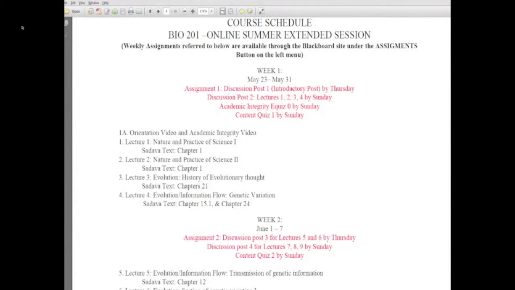I'm not going to go over the entire syllabus, but I will go over the last few pages, which is the course schedule. Because the assignments are released basically on a weekly basis, I wanted you to have the information as to how the entire course will progress throughout the semester if you look at this schedule. That way you know what's due for each week, and you know how to process your time and to make sure your time management is good so that you can get a good grade in the class even though it's only over 7.5 weeks. If you will note, for each week the dates are posted, the assignments are in red, what is due for that week, and of course what lectures we will be covering for that week.